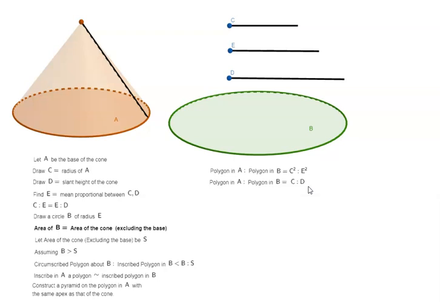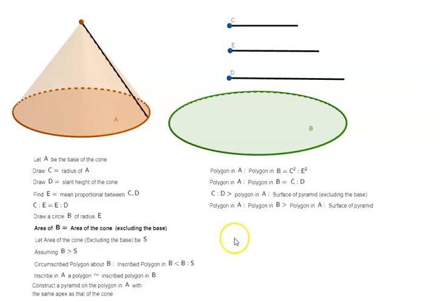Again, because C, E and D are in continued proportion, we know that C square is to E square is equal to C is to D. And we know that C is to D is greater than polygon in A is to the surface of the pyramid excluding the base. Remember, C is the radius of the circle A, D is the slant height of the cone, and the surface area is dependent on the height of the cone, that is the perpendicular drawn from the apex to the circle, that is the base. So C is to D is greater than polygon in A is to the surface of the pyramid